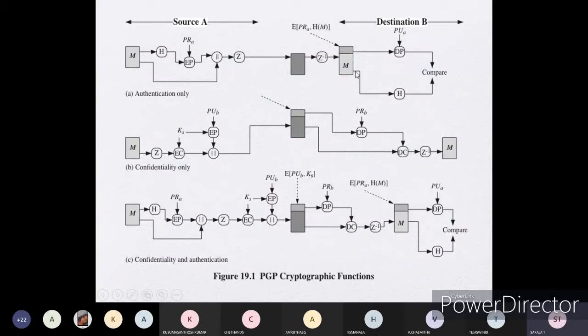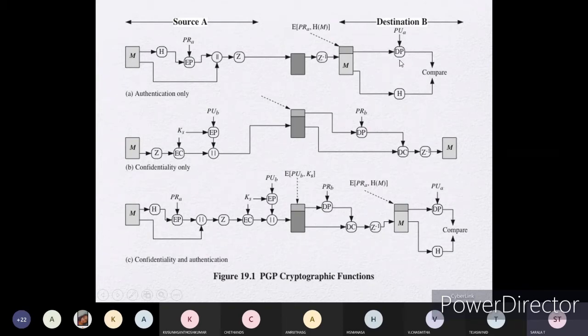The main message is already taken back after doing the decompression. That message is taken and you are doing a hash function on that message. Here you are doing decryption. Decryption is done using the same key which we have used to encrypt this message, and the same key is used to decrypt your whole message.